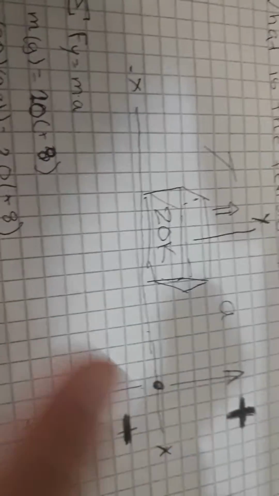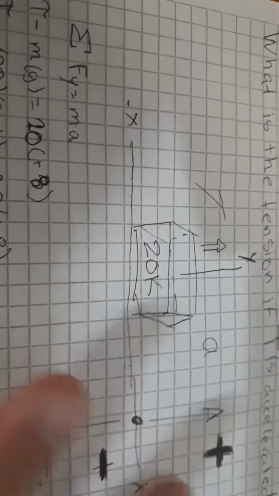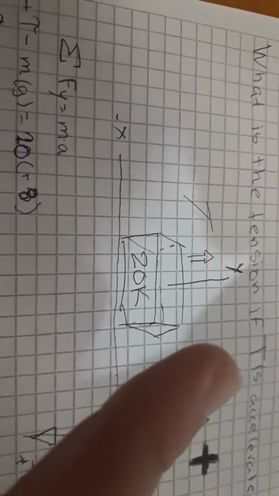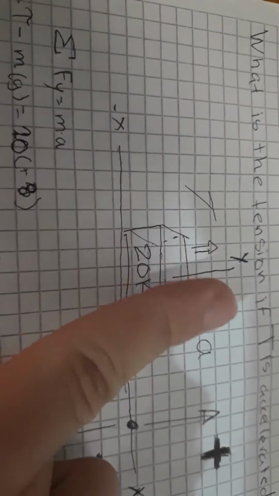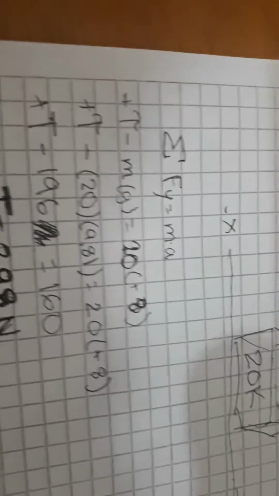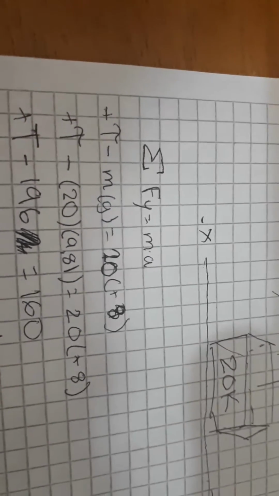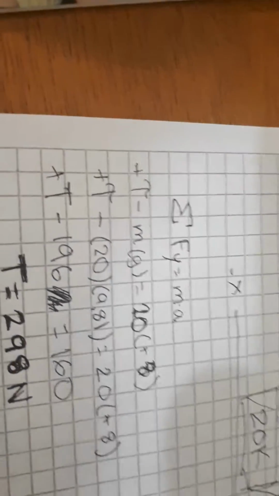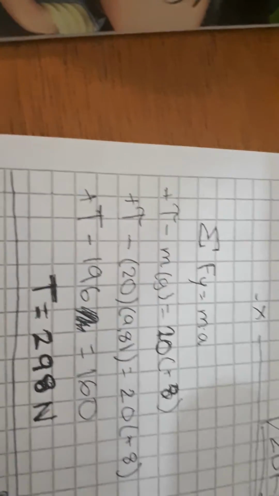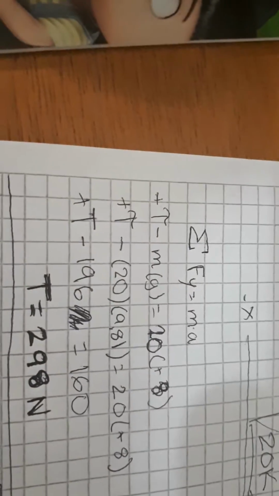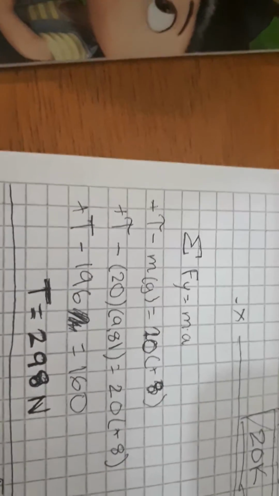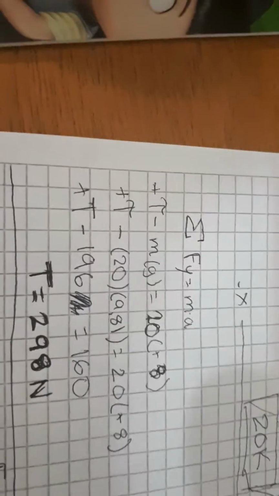Since we don't have any values in x, we're just going to act with the resultant force in y. So first of all, the sum of forces in y is equal to mass times acceleration. The formula is tension minus, because gravity is always negative, mass times gravity, that's how we get the weight,